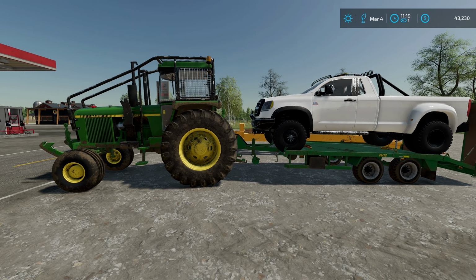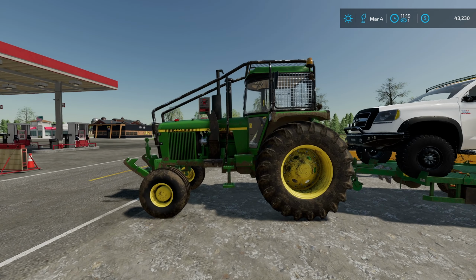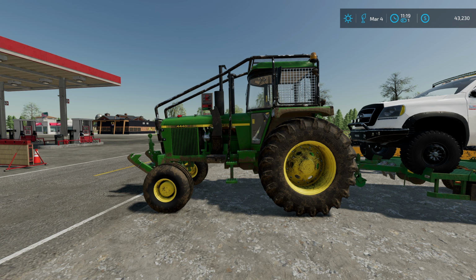Cool that they're color-coded as well. We got some really good stuff here. I'm quite happy with this. I think we could probably... The tractor, because it's, you know...